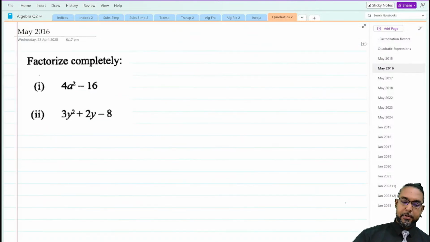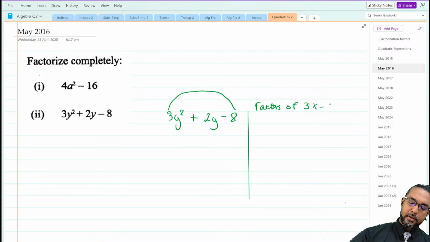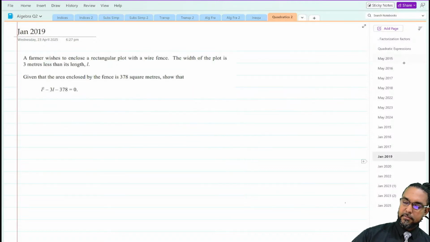Okay, so try this one for me now. Try this item here: 3y squared plus 2y. So this is May 2016, by the way. All right, so 3y squared plus 2y minus 8. So remember, you're multiplying those two terms, so you're looking for the factors of 3 by